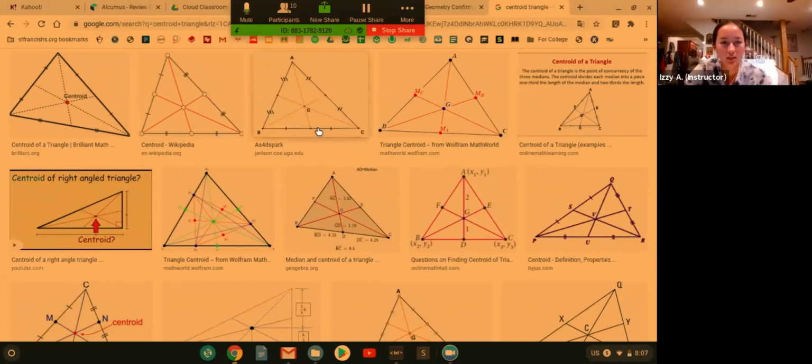But as you can see, the midpoints of the triangle are all connecting to the centroid. Because these are midpoints, the sides that the midpoint is dividing are going to be equal to each other. But you can see that there are different sets of equal sides. So that's what a centroid is.